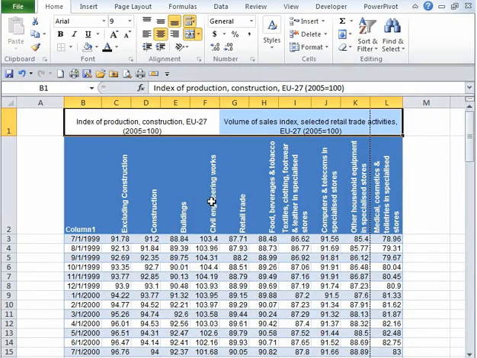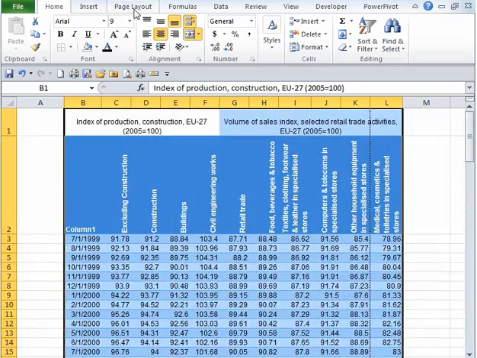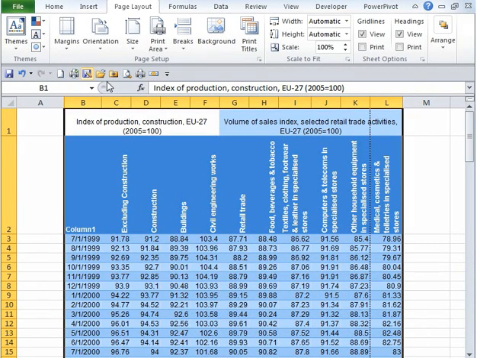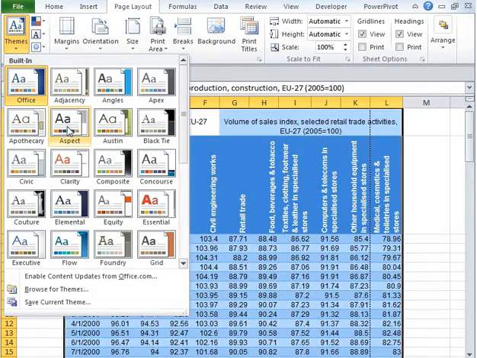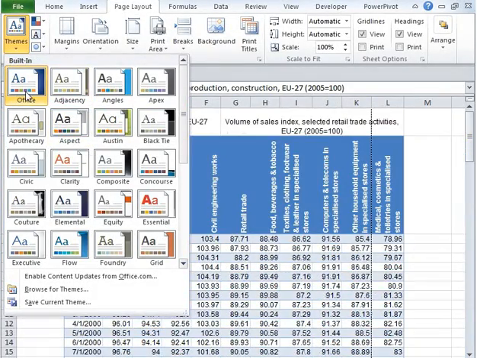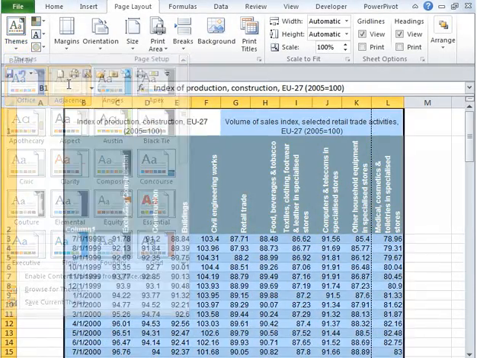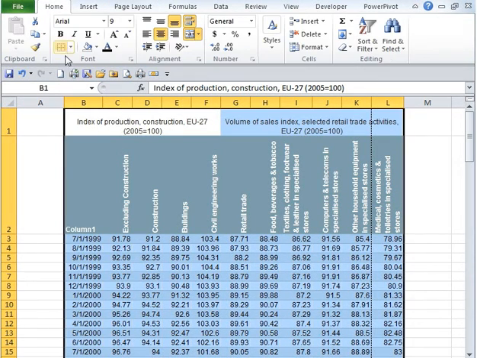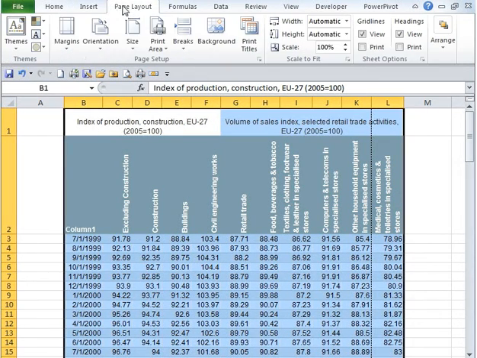Go to Page Layout. Page Layout has various options. You can manipulate those options to set the print area and print what you want to print. So the first option is themes. So in that, let's say I want to change the theme to office, or let's say we want to change the theme to agency. We can change the theme by clicking on the drop down,